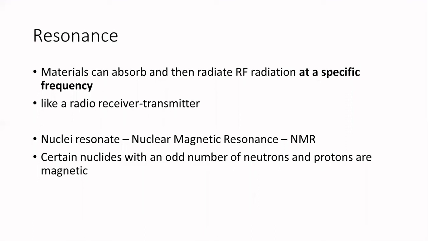Some atoms can be easily magnetized if they have odd numbers. Odd numbered nuclei can be easily magnetized, and that is why only certain atoms are used for magnetic resonance imaging. What we use principally is hydrogen protons. Similarly, phosphorus imaging is also there, but it is less in vogue. Hydrogen is the most widely used.